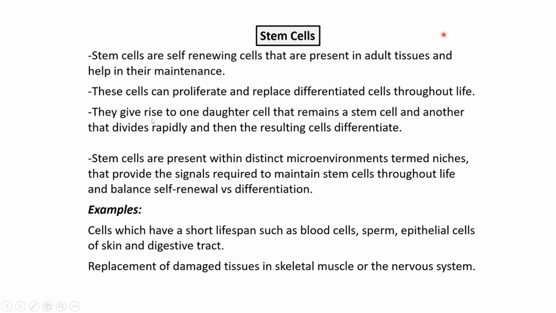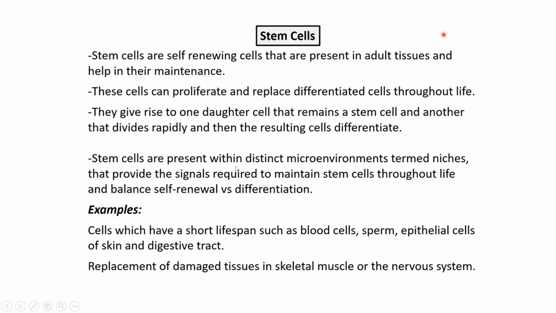Okay, the division of a stem cell occurs in such a way that when one stem cell divides into two cells, one cell remains a stem cell, and the other cell becomes a daughter cell. So both cells are not daughter cells from the one stem cell. That is how the stem cell maintains its progeny as well. The remaining one divides into a stem cell again, so that is how it maintains its population during the division.